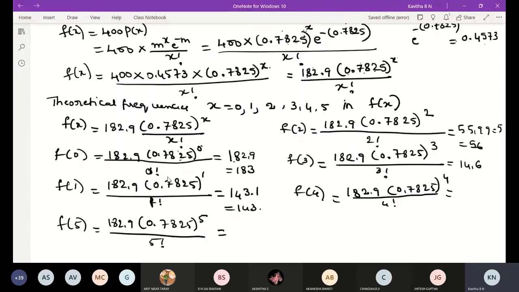Next, f of 4. 2.85. Okay, means you'll get it here as 3. Then f of 5. 0.44. We are writing 0 only. What about